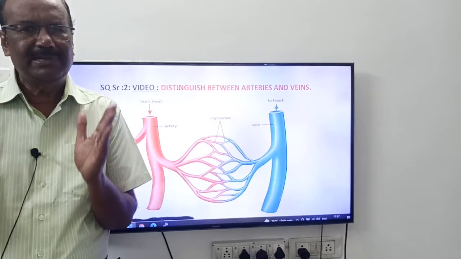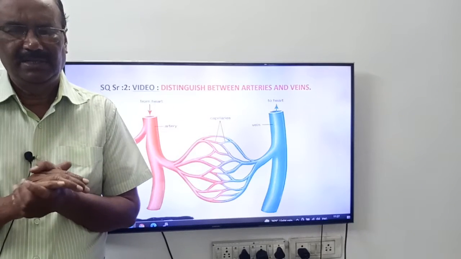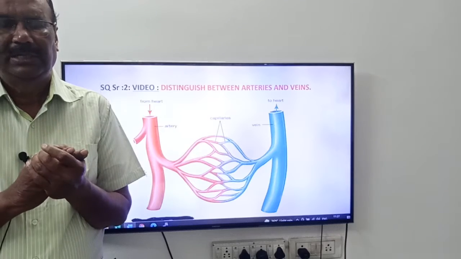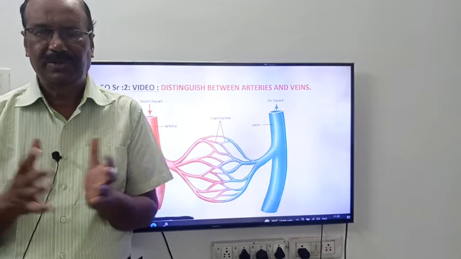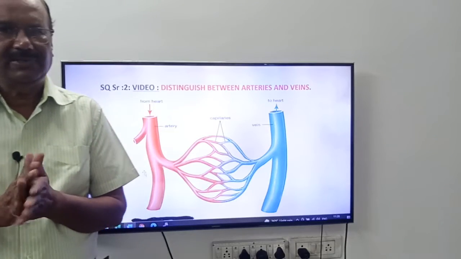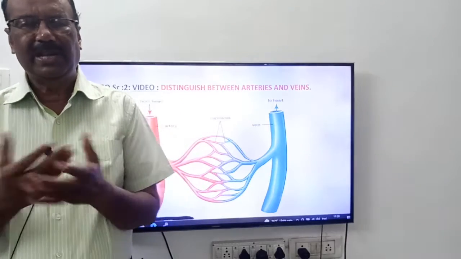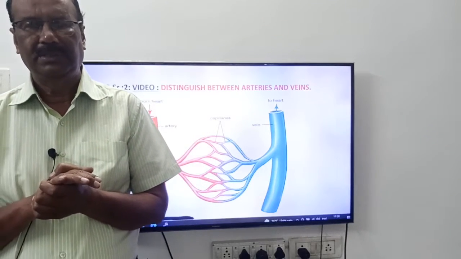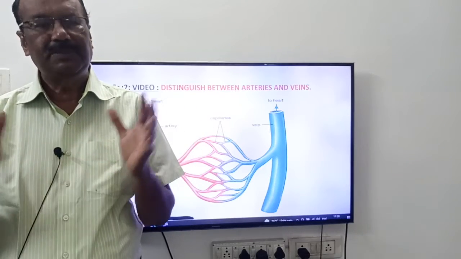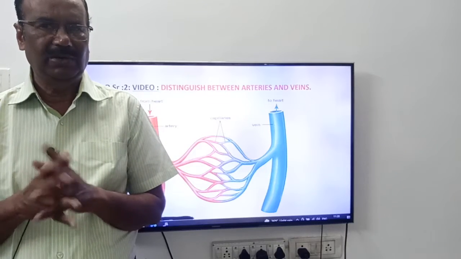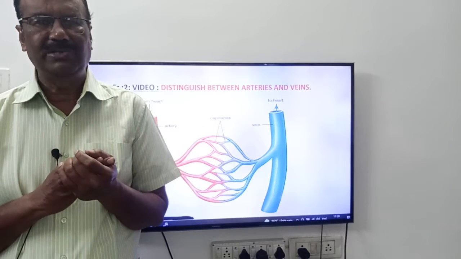First you have to know the basics of the subject. If you don't know the difference between arteries and veins, we can't read the Human Genome Project, etc. You know, friends, arteries, veins and capillaries are the blood vessels. These blood vessels carry blood from heart to body parts and back to heart. These blood vessels are mesodermal in origin. The study of blood vessels is called angiology.